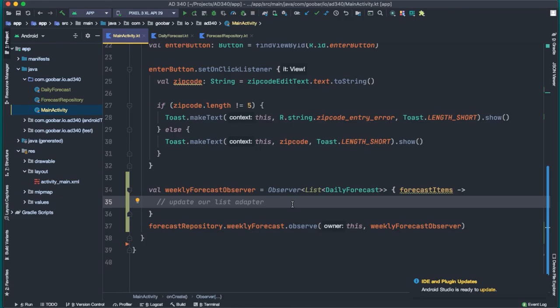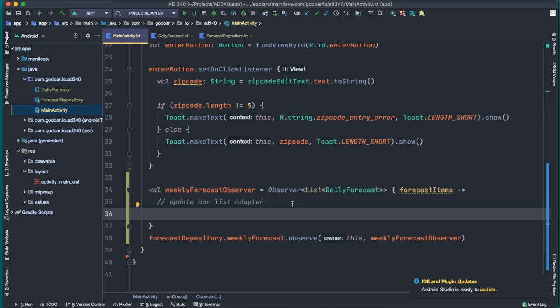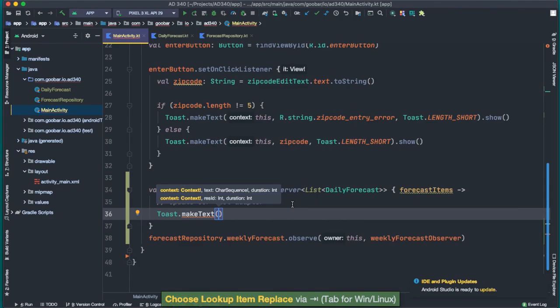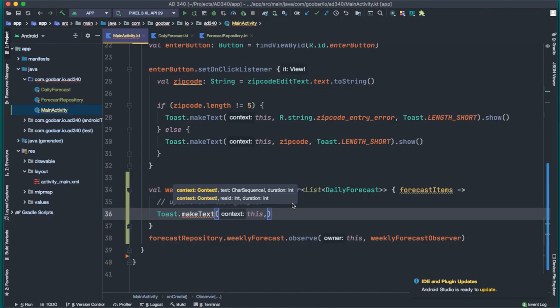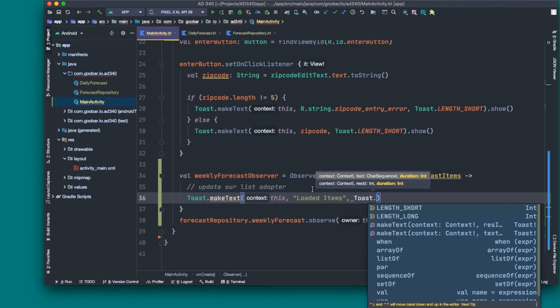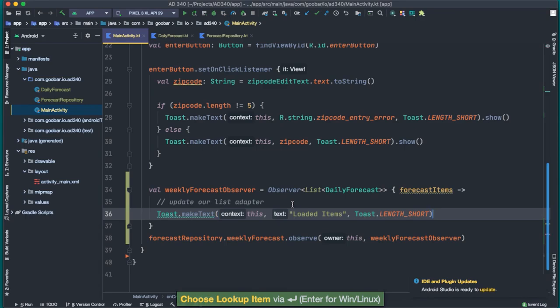Now, if we wanted to just test this out real quick, we could add a toast message here in our observer. So let's just say toast.makeText. We'll pass in this again because it needs a context and main activity is a context. And then for the message, we'll just say loaded items, comma. We'll pass in toast.length short for our duration. And then we will call show. So now if I go ahead and run this,